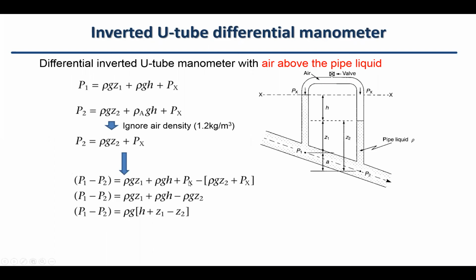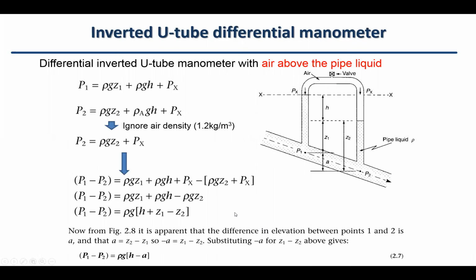And if we cancel out or simplify inside the bracket, rho gz2 can be kept here, but the Px can be canceled out from inside and outside the bracket. So we're just going to have that one. As a result, we have three terms: rho gz1, rho gh, minus rho gz2 on the right hand side. And if we factor rho g, we can write inside the bracket h plus z1 minus z2 as the result here. Okay, so with that introduction,